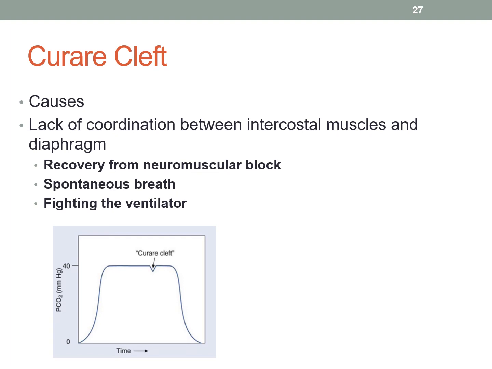Alright, so again, here's a little bit better picture of that Curare cleft. It's showing a lack of coordination between the intercostals and the diaphragm. So it might also be an indicator that your patient's ready to start spontaneously breathing. Depending on the situation, it can either be saying that you don't have enough neuromuscular blockade on, or maybe you're starting to wake up from it, starting to breathe, they're starting to fight the ventilator,